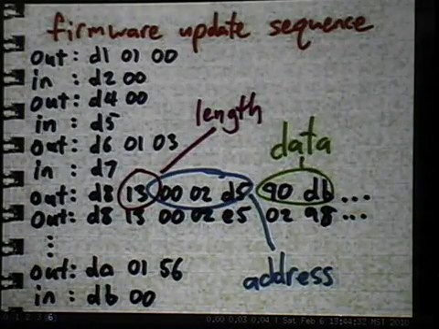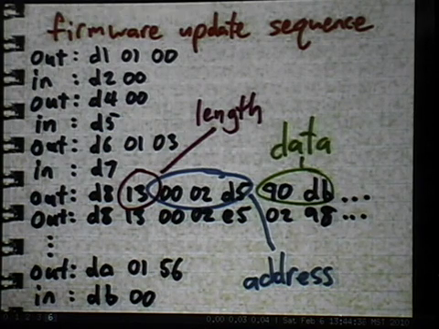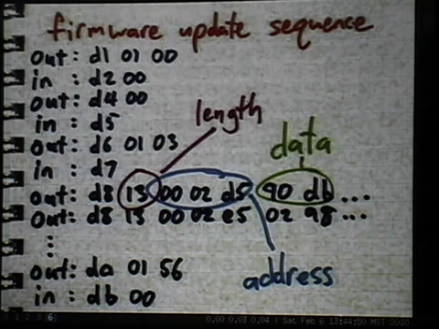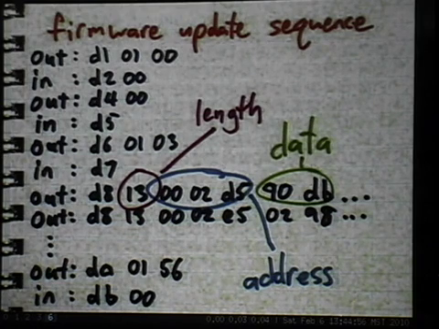And the firmware update sequence looks something like this. It starts out with D1, D2, D4, D5, D6, D7, and then after all that negotiation, the host sends a whole lot of these D8 commands. The D8 commands have a length and an address and the data to write to the actual non-volatile memory on the keyboard, and thousands of these go by, and then it sends that DA 01 56, and that 56 is actually a